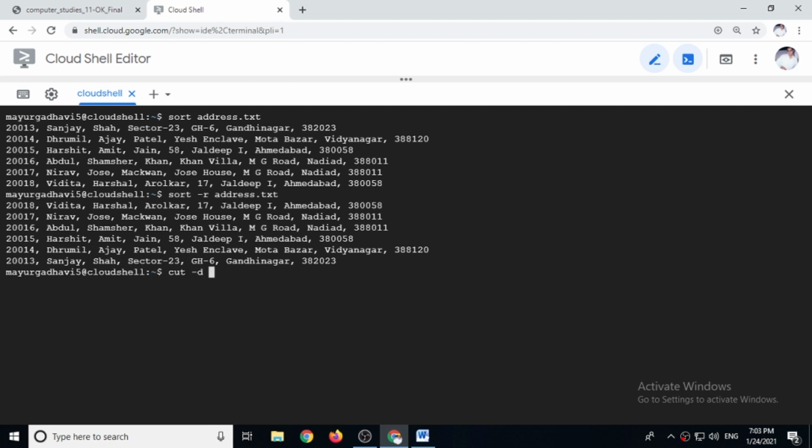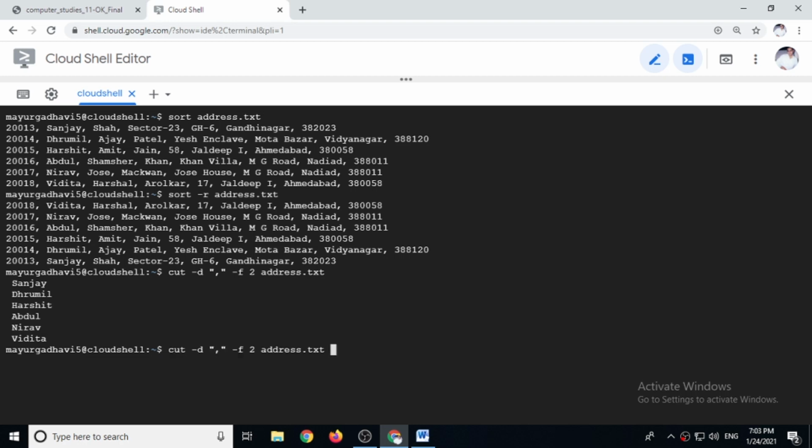So cut -d "," -f2, meaning the second field only, from address.txt. If you just give this command, it will show you the details on screen, as they are.